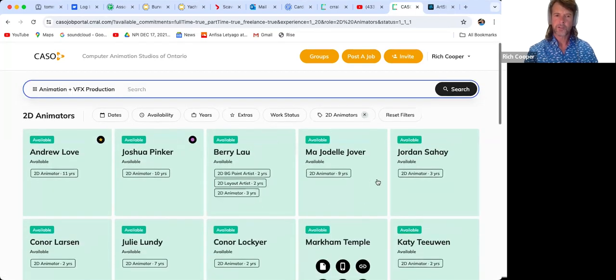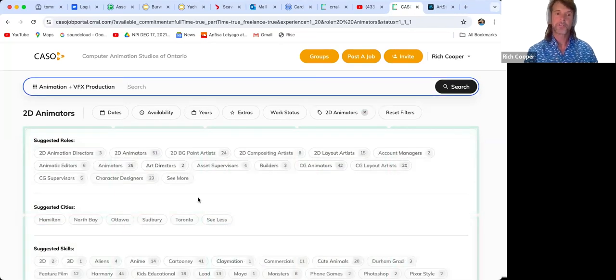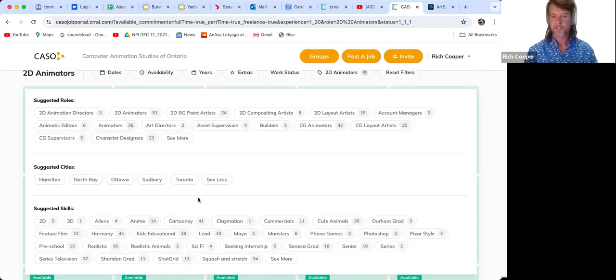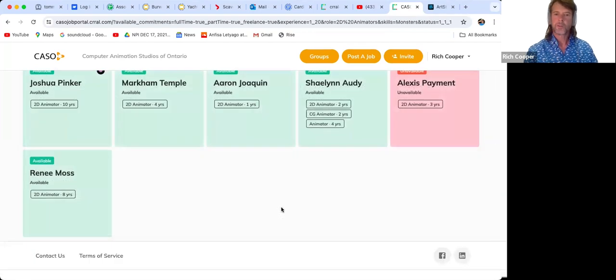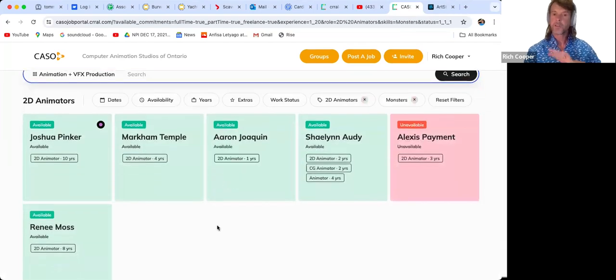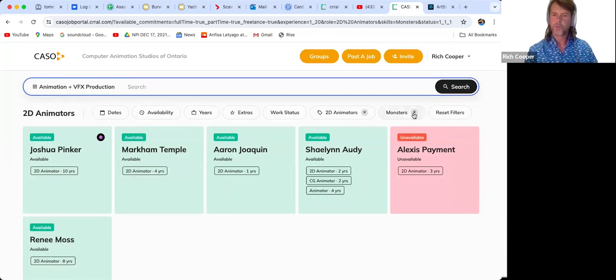They trail down. If you want to refine the search even more, you don't want to look at 51 profiles, you can, but if you want more nuanced, you can experiment with some skill tags. You know they're going to be drawing monsters. So you click monsters and oh, look, now you're down to 6, right? We're narrowing the search. So use those skill tags to narrow the candidates from roles. If you want to remove an individual tag, you can just click this button here to erase it. And you can always reset the filters with this big button here.